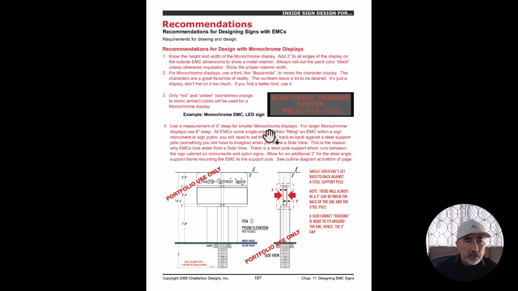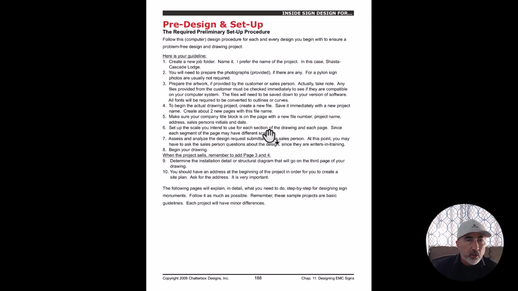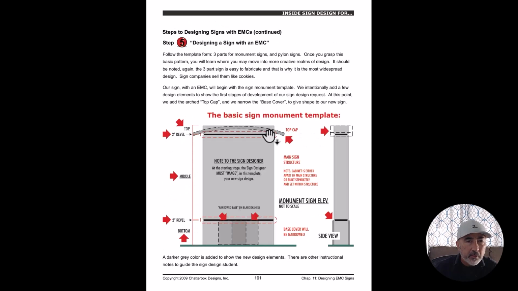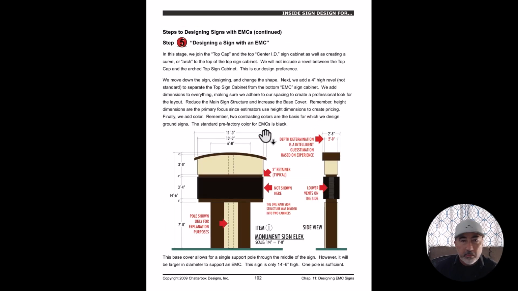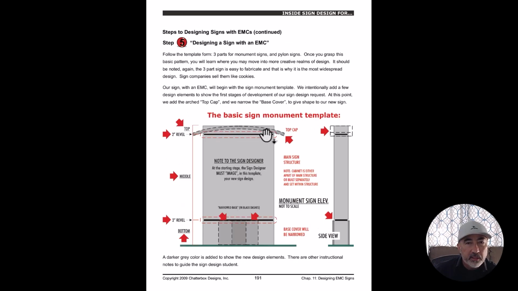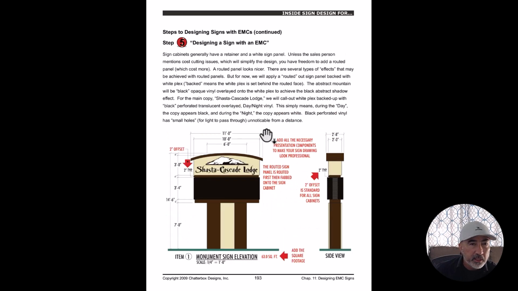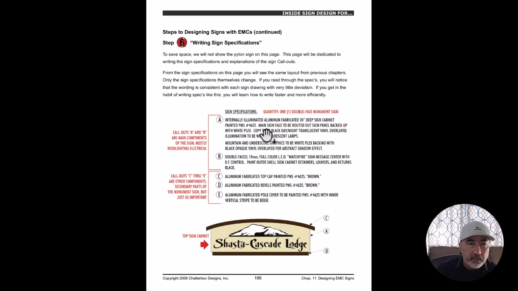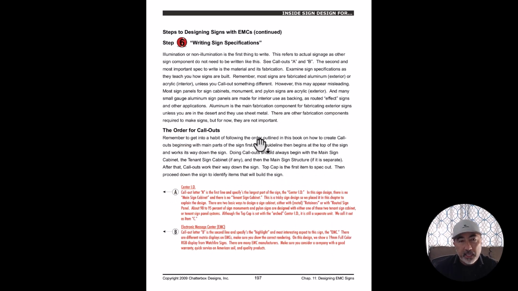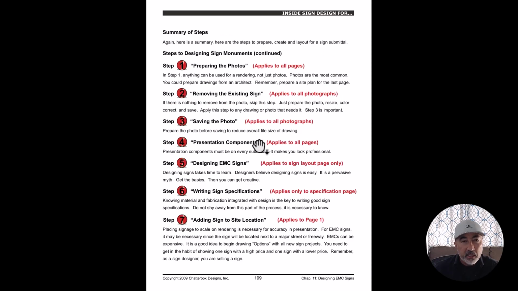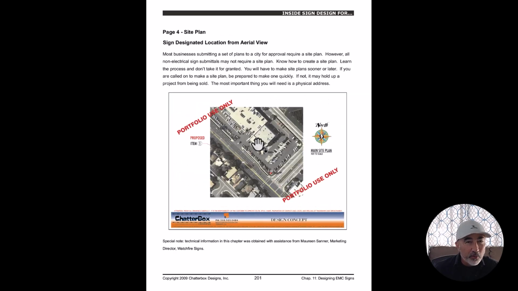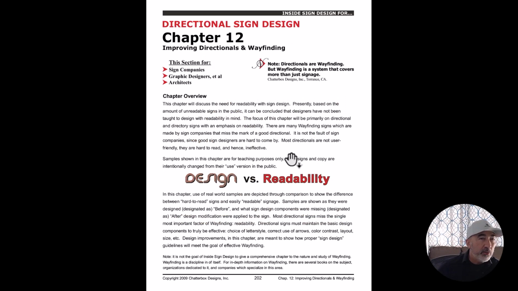So this talks about how to draw up an EMC, and again, it breaks it down step by step. Here it is, just basic, awesome, simple stuff. And how I did it in just a few pages is beyond me. So hopefully that helps. So chapter 12, directional sign design, and those are some horrible examples, but it gets the point across